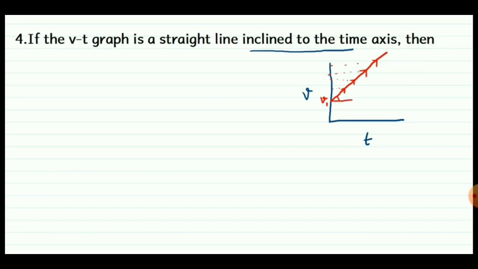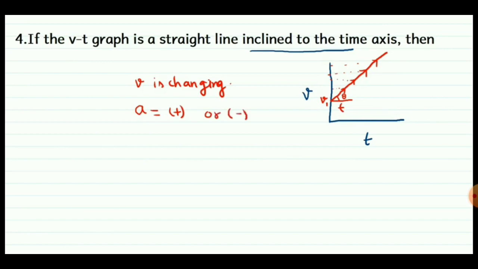Correct? Now how could we find that it is an incline? Say if I draw a line parallel to the time axis, now I can find the angle theta. That means this line is making angle theta with the time axis. Now observe this line. In this line we can find several values of velocity. That means velocity is changing. And if velocity is changing, we can say acceleration is positive.